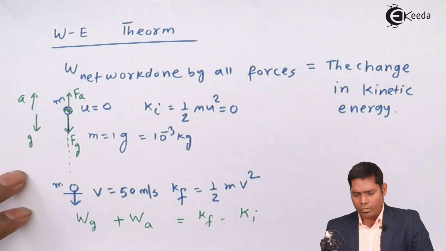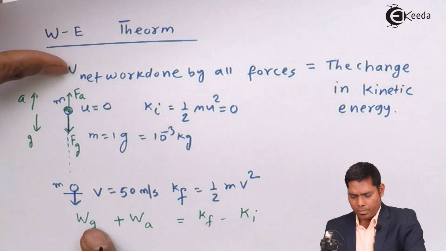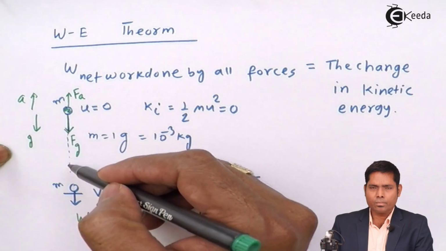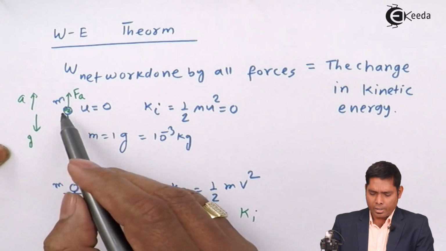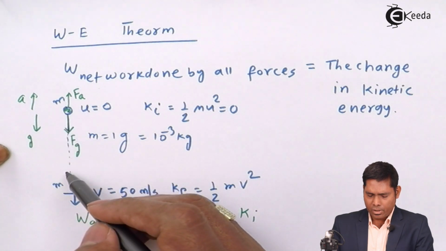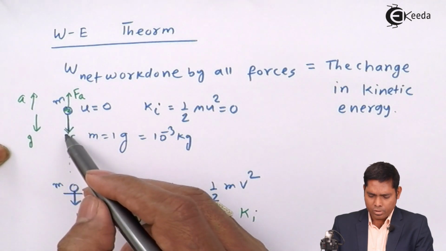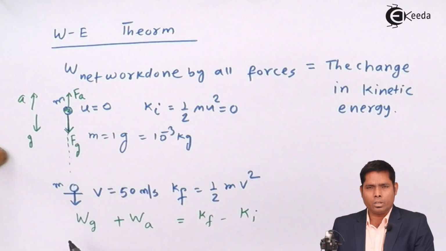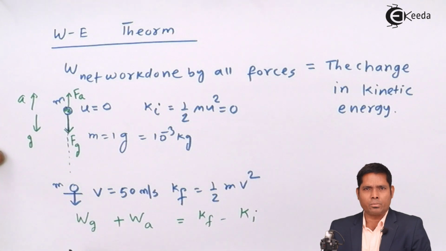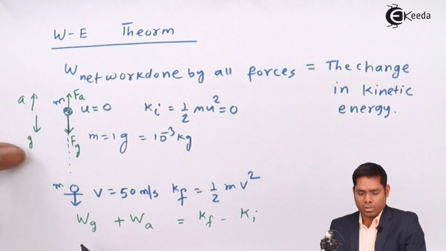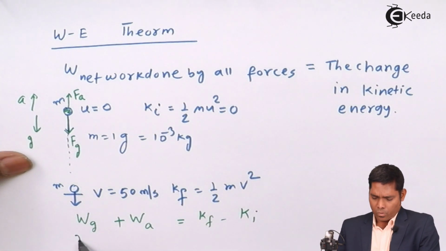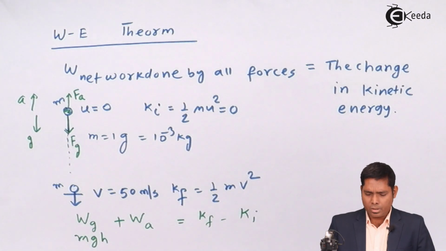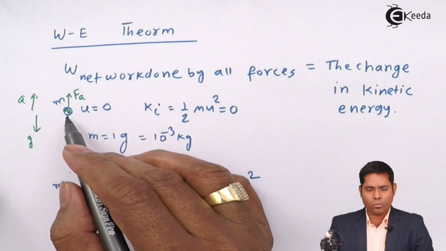Now substituting the values, we get the work done by gravity. The drop is falling in this direction, that is, the displacement is in this direction, and the gravitational force is also in this same direction. So work done will be force dot s, that is mg dot s, where h is the height that is covered, so it is only mgh, which is positive work done, because the body is moving in the direction of force,